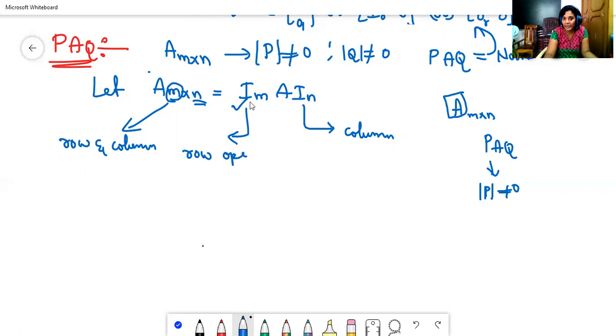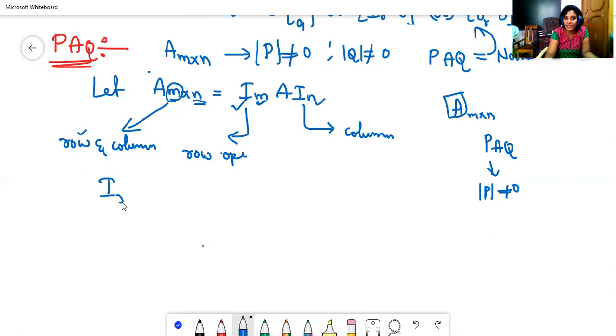Next, remember that in the prefactor we choose the row order, and in that we use the row operation. We choose the column order, and in that we apply the column operation. For the right side, I am discussing this on identity matrices. After applying row and column operations to the right-side identity matrices as well as the left-side A matrix, suppose we apply the row operation, then it reduces to echelon form. Next, the column operation reduces it to normal form.